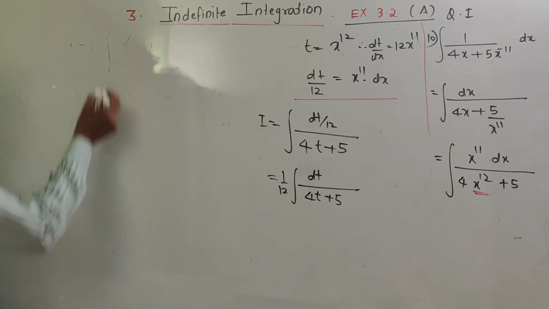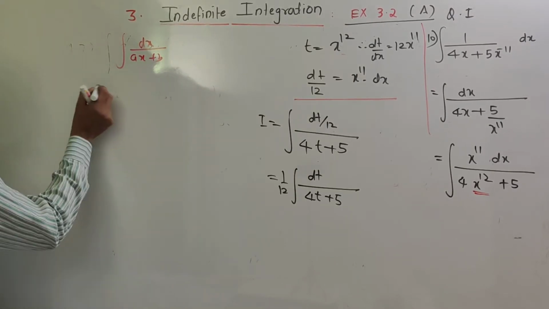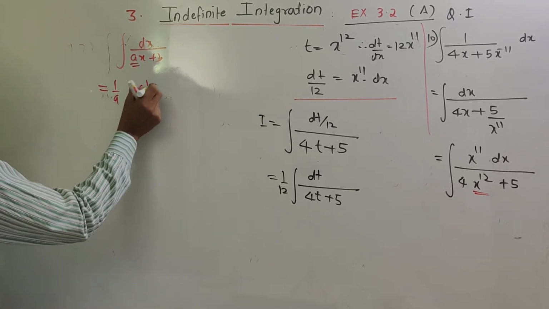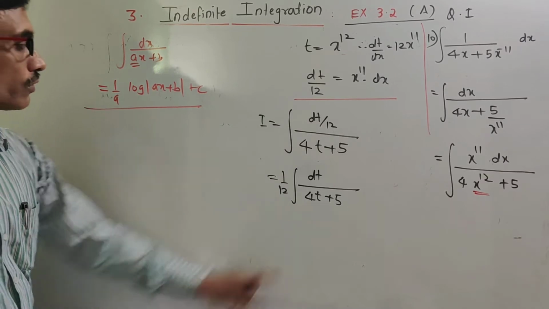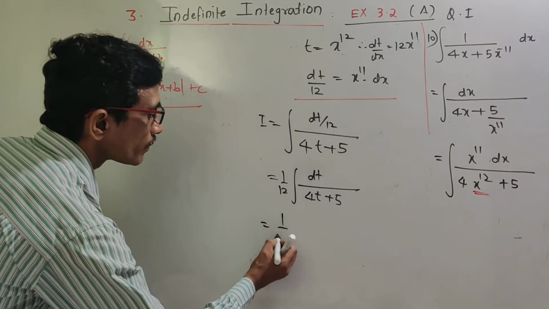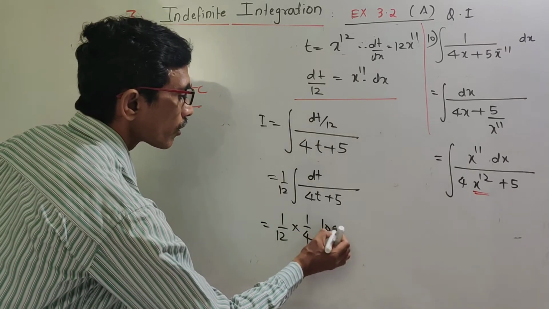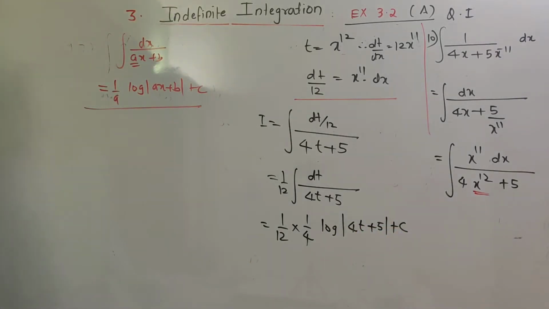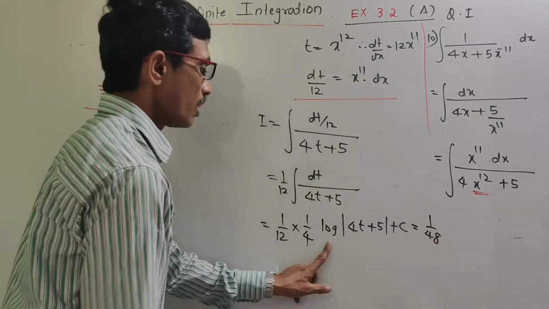Remember this formula, ये फॉर्मूला आपको याद रखना है: integral dx upon ax plus b is equal to 1 upon a, which is the coefficient of x, log of ax plus b plus c. अगर ये फॉर्मूला यूज करेंगे यहाँ पे, so a will be equal to 4, which will be 1 upon 12 into 1 upon 4 log of 4t plus 5 plus c. This is 1 upon 48 log of